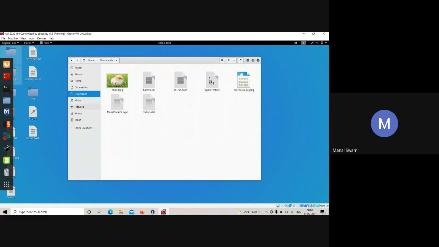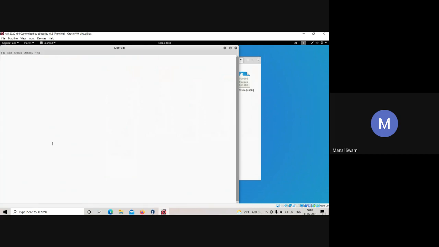Now we want to write some text. I'll open the leafpad and type here, for example, hey hackers, hope you have enjoyed the internship. All the best for you. This is the data which I want to hide.